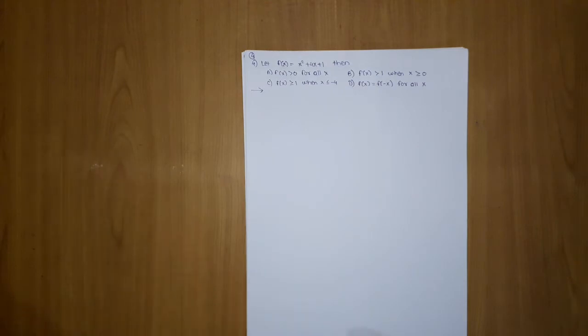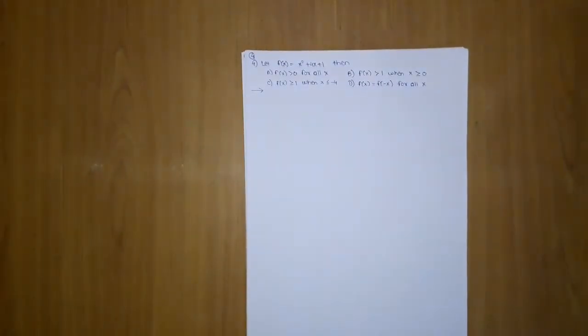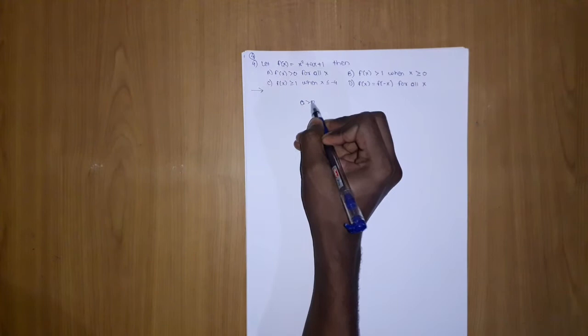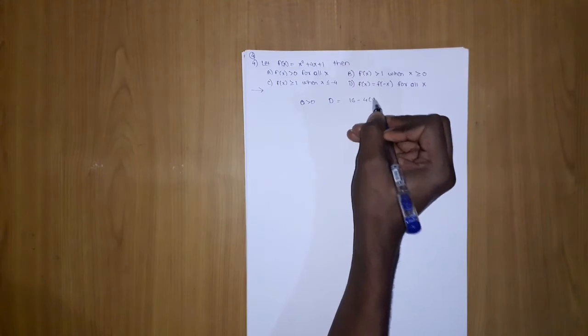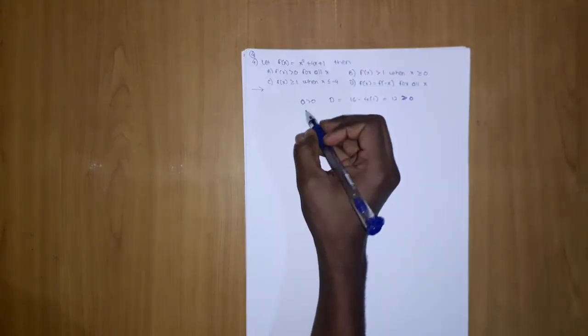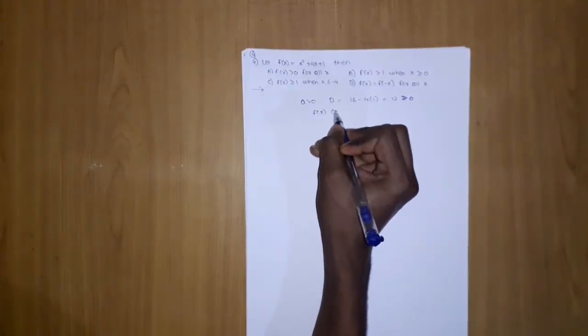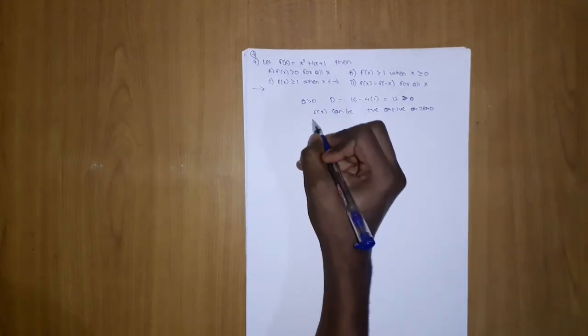The fourth problem is as follows: f of x equals x square plus 4x plus 1. Now it is a JEE advanced level problem because we have to check it by option. The first option is telling f of x is greater than 0 for all x, but we know a is greater than 0. And here d, let's check d. It is 16 minus 4 into 1, okay, which is 12, which is greater than 0. Now when such a condition arrives, f of x can be positive or negative or 0, anything. So A is wrong.